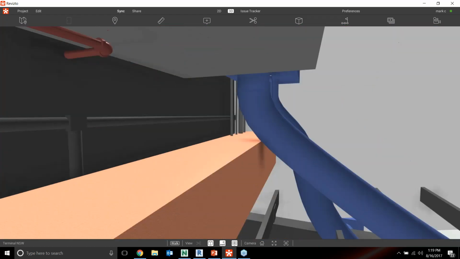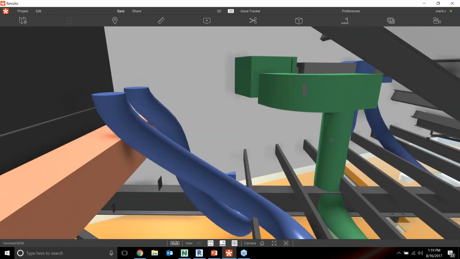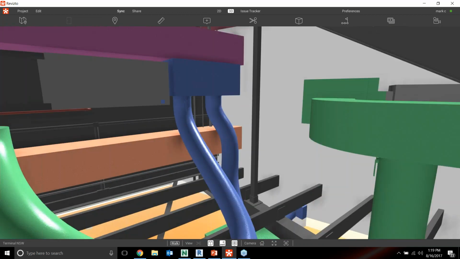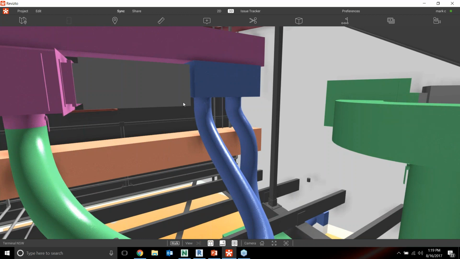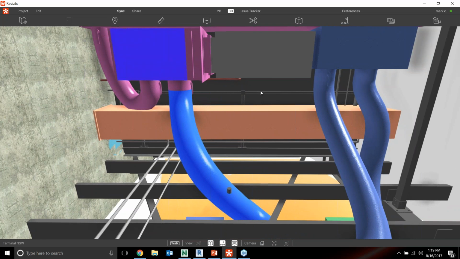And we're gonna pick out some piping issues that we might have here. So one of the strategies I like to use is select the control button on my keyboard, and I like to actually highlight the issues that we're having. So I selected this, and we can select this piece of duct and maybe this rail over here for example